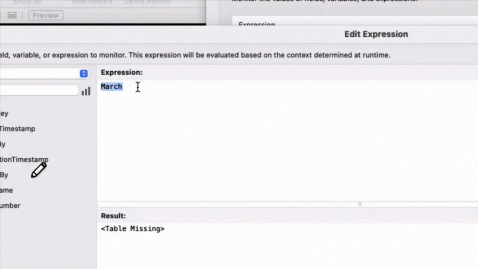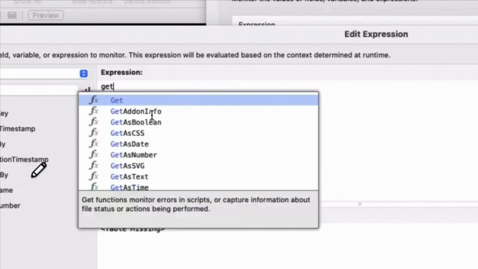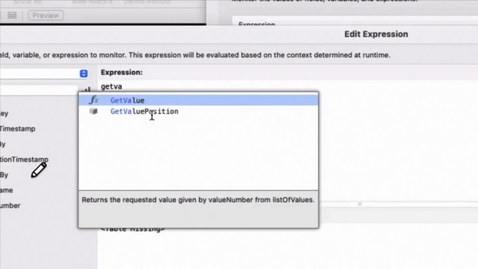You need a reference, and I'm making everything easy because I'm using the value list as a reference. Otherwise, it's a nightmare to build. So let's do it. I have a custom function for you, but I'm going to be fair with you. Tomorrow I'm going to explain the custom function, but I want to tell you how this works. I have a custom function for you, get value position.